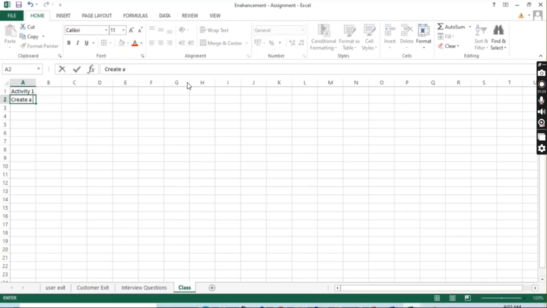Create a public global class. Meaning you will have to use SE24 as I have created over here, with a method to multiply two numbers. Okay,